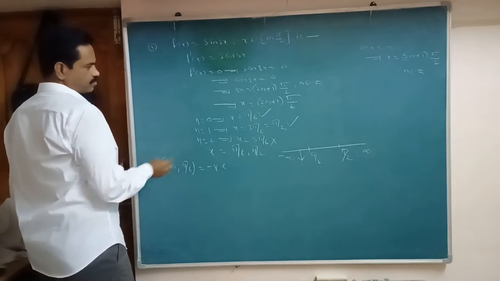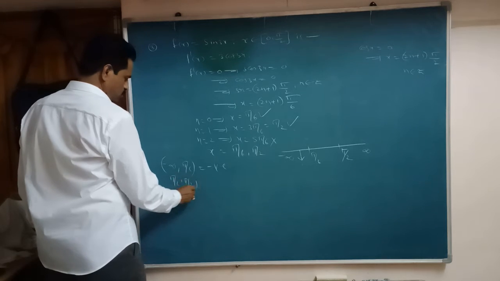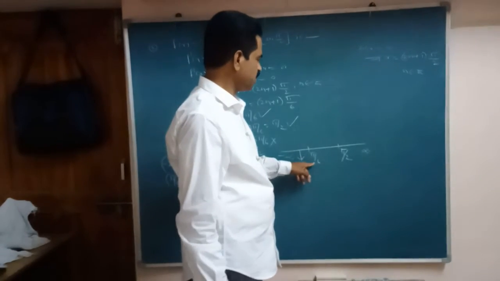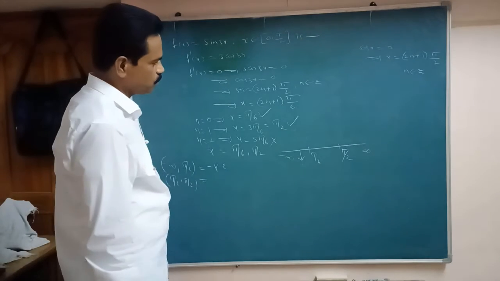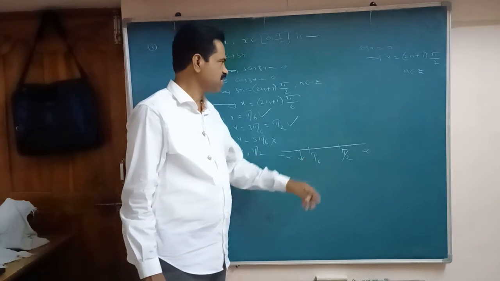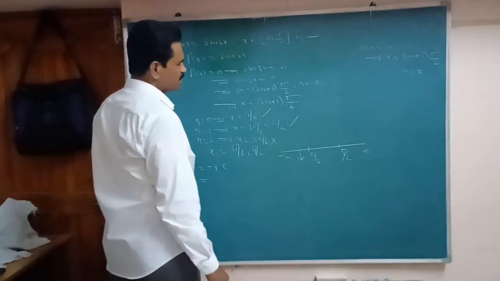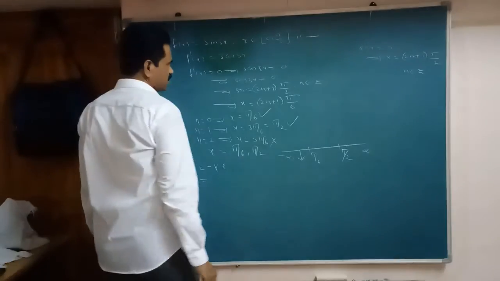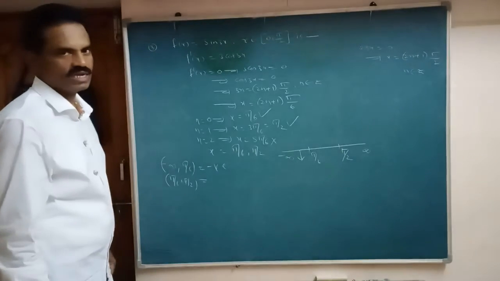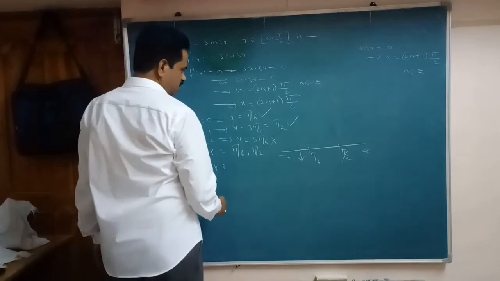Next, pi by 6 to pi by 2. Pi by 6 to pi by 2 you take here. 45 degrees or 60 degrees you take here. 60 is how much here? That is pi by 3, na? Pi by 3, here 3 cancel. Cos 180, 90 plus 90, that is minus 1. It is decreasing.